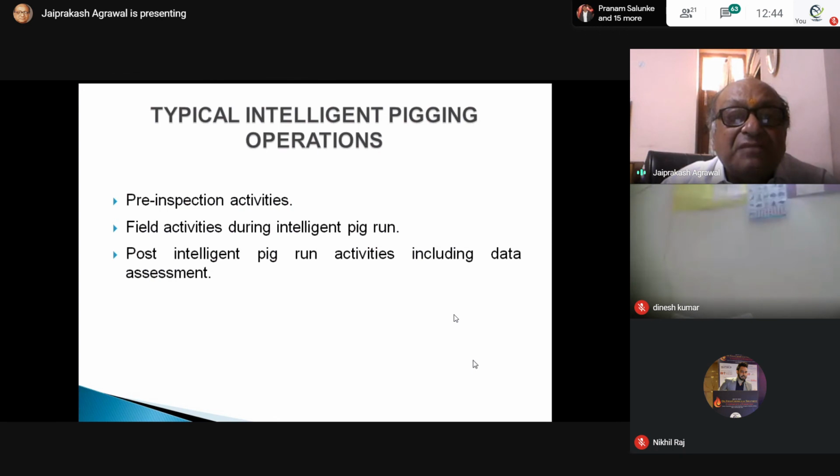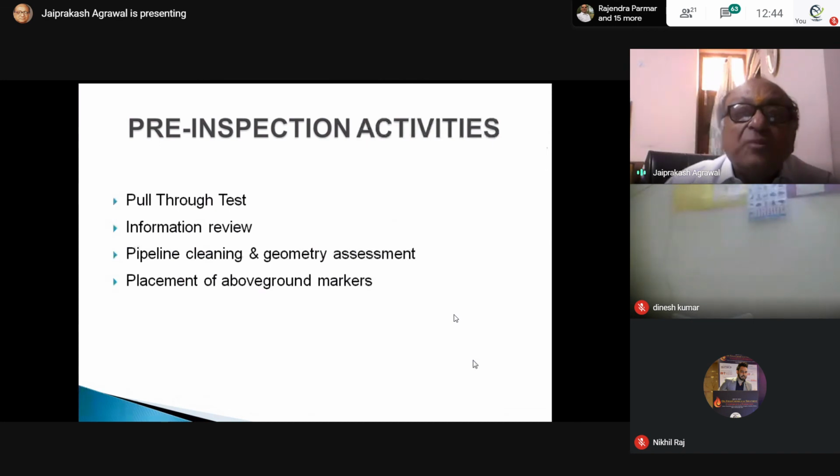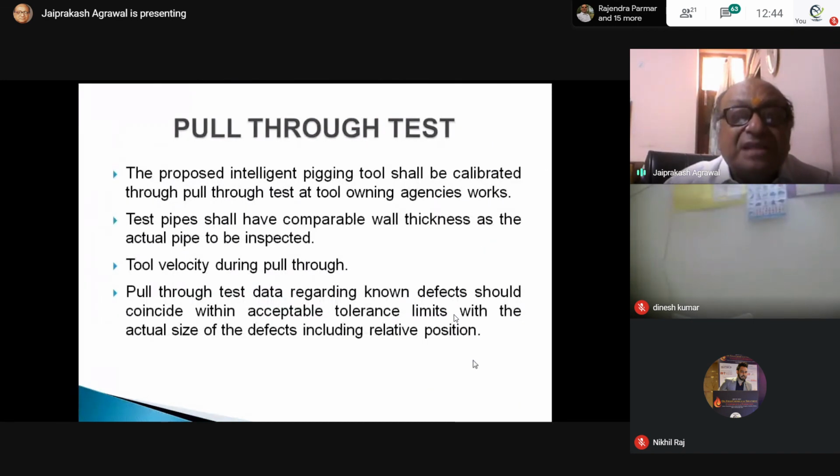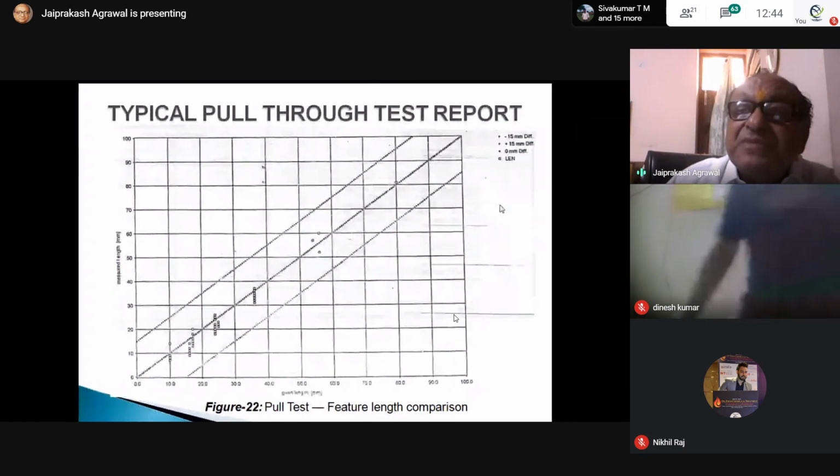Now there are some activities: pre-inspection activities and field activities. What are the pre-inspection activities? You have to do the pull-through test. That is the calibration, to check that the tool goes through. This is a pull-through test, pre-inspection.